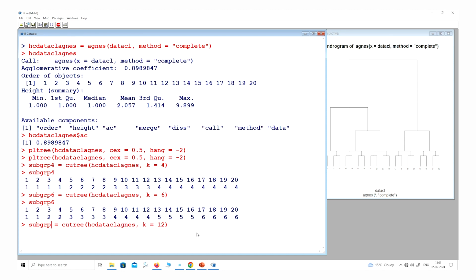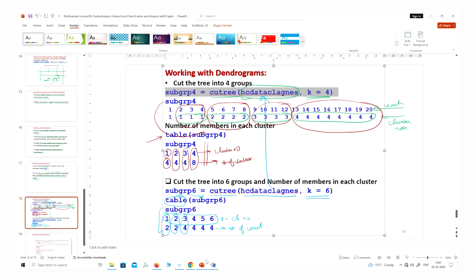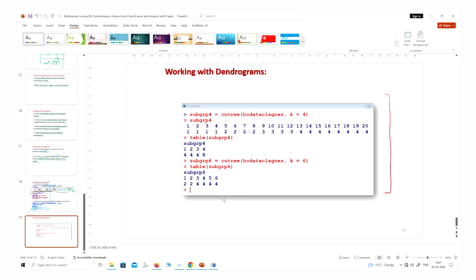So just you have to make k equal to 12, and then sub_grp12, this outcome here is like this. So you can see here that the number of elements in the clusters are decreasing, and that is expected also, right? And yeah, so this is all about this clustering in this lecture.